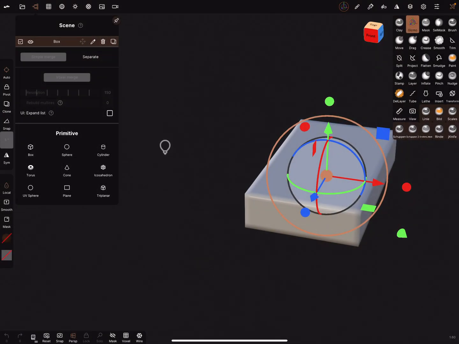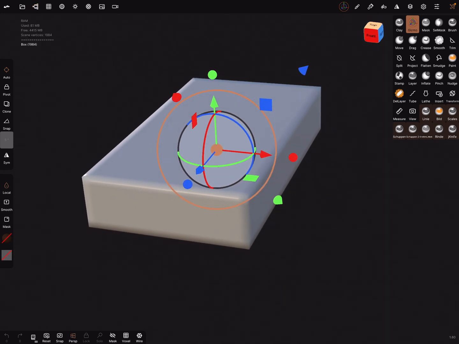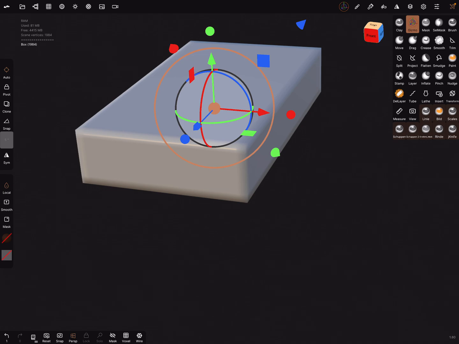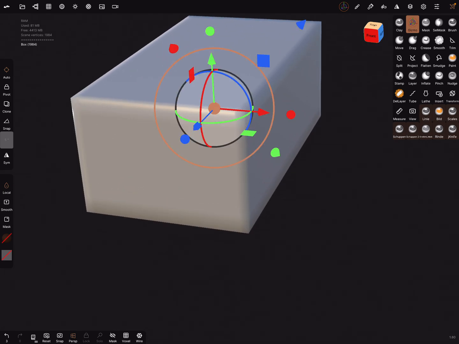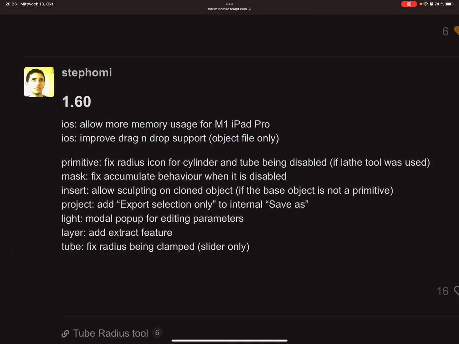that's this feature, and the last feature is: light, modular pop-up for editing parameters. Okay, that's also new.